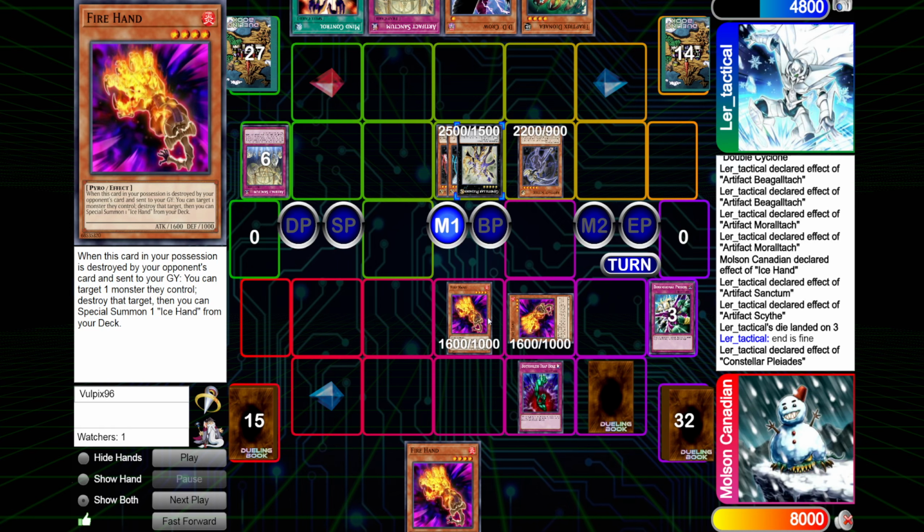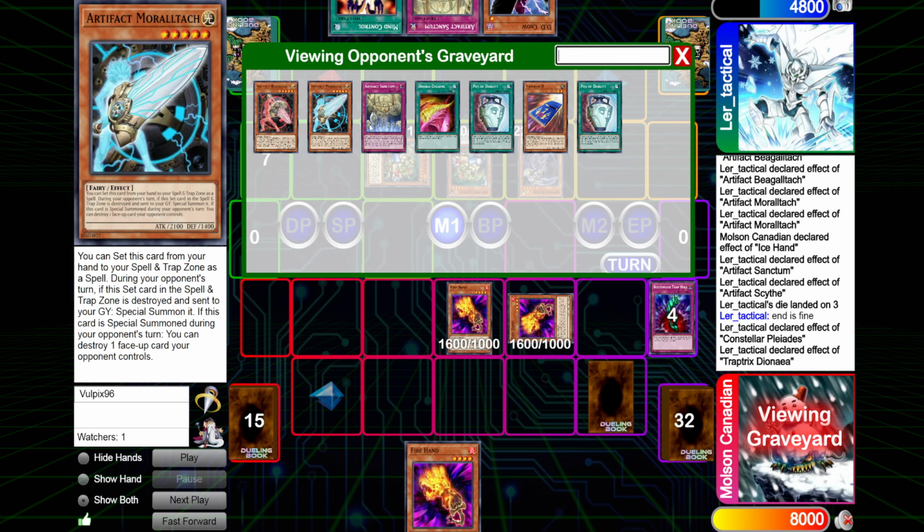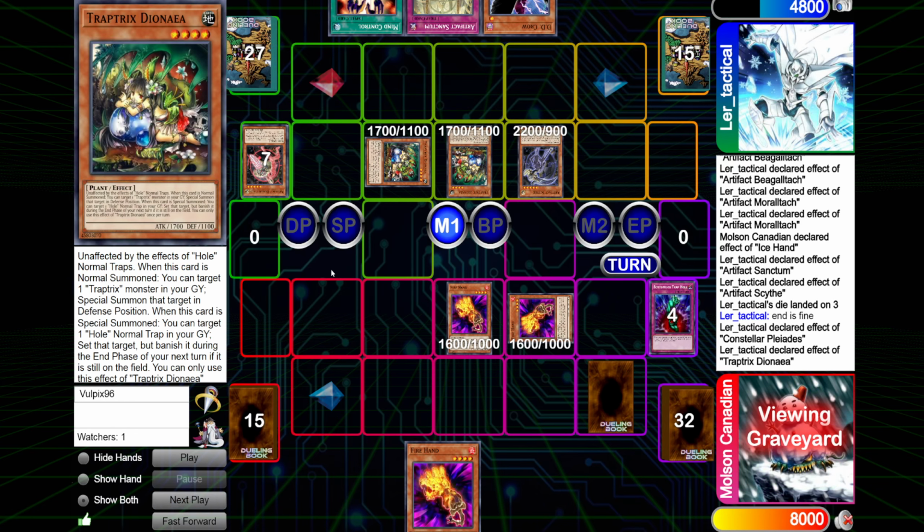Though at the same time, you don't really want your opponent having access to the Fire Hands in that sense, just because these can kind of break boards easily. So you'd rather just kind of bounce your own guy and then play through your opponent's board. So here Dianea is going to be summoned, the other Dianea is then summoned, and they don't unfortunately have any